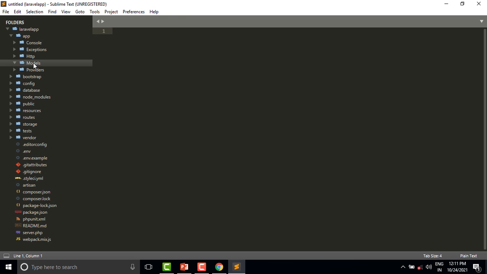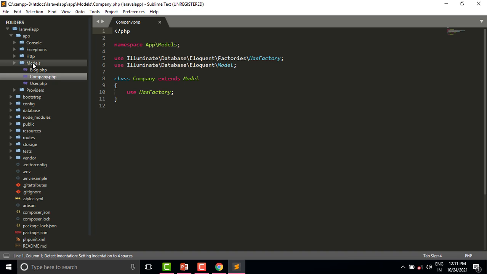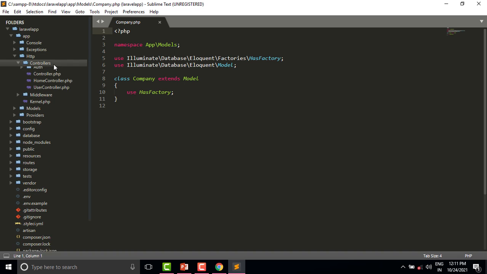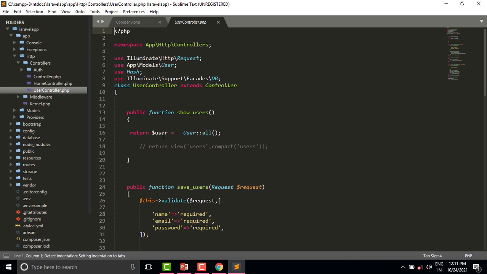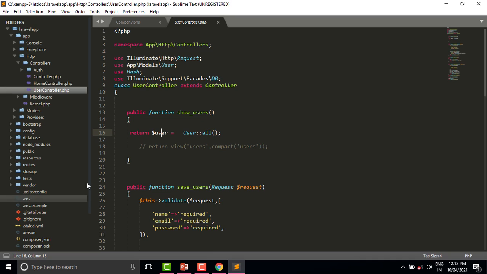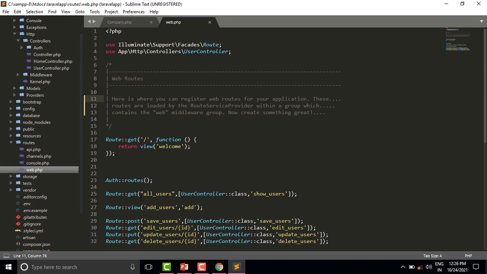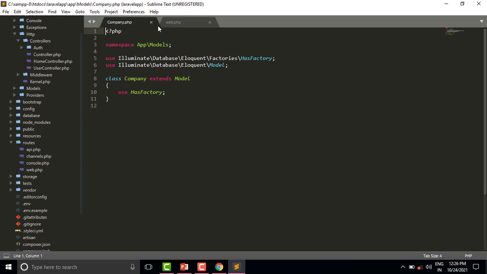So let us open the project. We have already created the two models, user model and company model, and one controller, user controller. So let us check whether this function is working or not. We have already created the route for this function, and now you can see we have already created the route all users, the show users function.